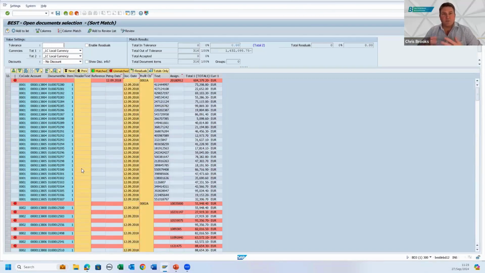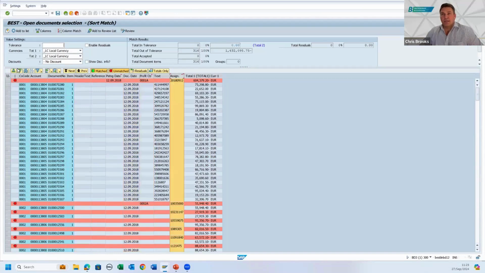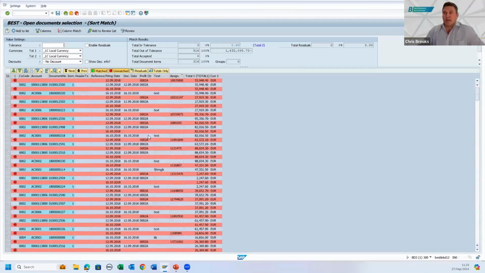So this isn't a configurable rule. It's not something that's set in config that I can't change. And obviously I can create as many of these as possible. And one company could use one rule set and another company another rule set. So you have that kind of complete flexibility. And I guess just lastly to note, I've got a nice, quite